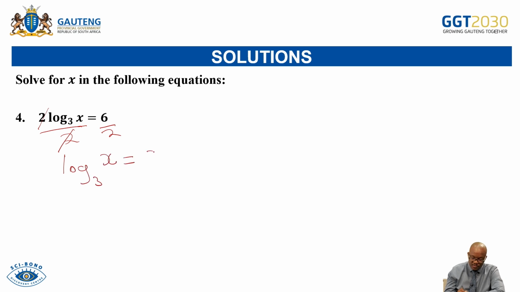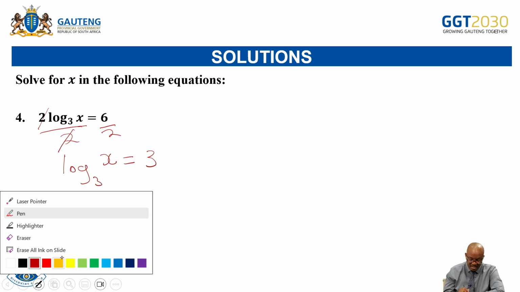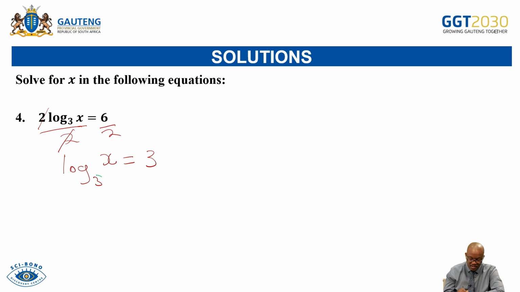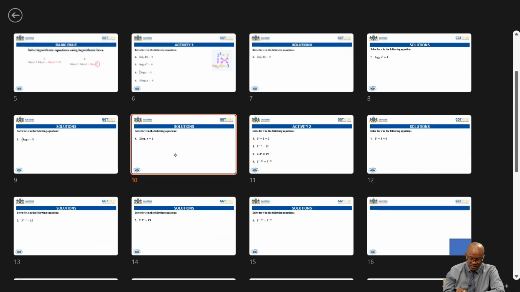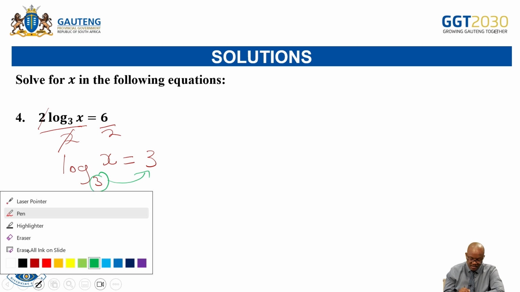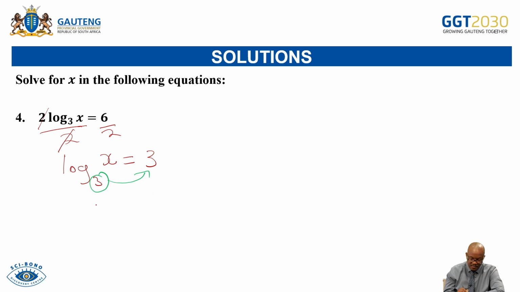It's equal to log 3, because 6 divided by 2 is 3. Then we apply the basic operations that we are used to by saying we remove the log. As we remove the logarithms, what happens? We have x, it's equal to 3 to the exponent of 3. x, it will be